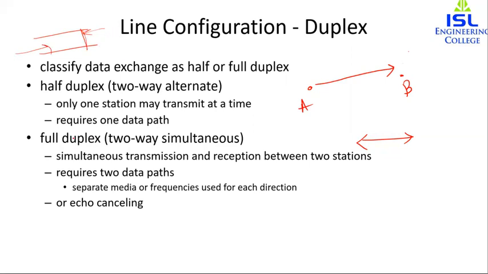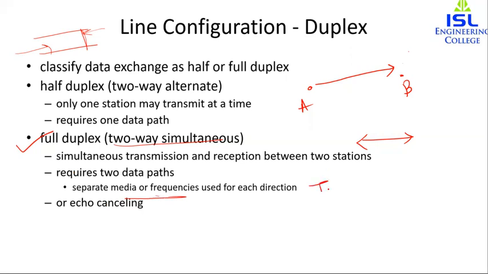Now, in the case of full duplex transmission, two stations can simultaneously send and receive data from each other. So this way is known as two-way simultaneous. And for computer to computer data exchange, this form of transmission is used. That is, we prefer full duplex transmission, obviously, because at a time both computer A and B can transmit data to each other. So with digital signaling, which requires guided transmission, full duplex operation usually requires two separate paths, and that is, two separate frequencies are needed.